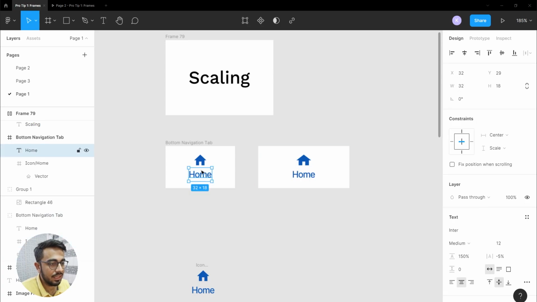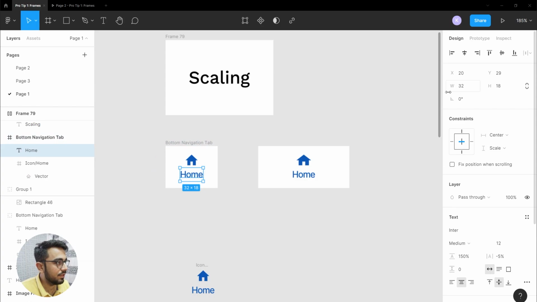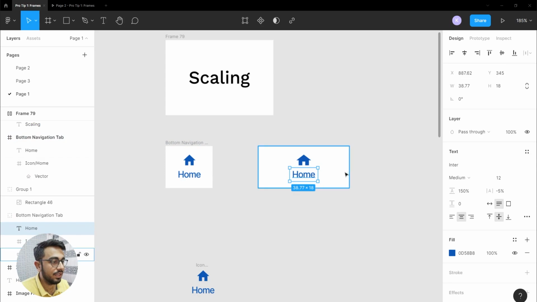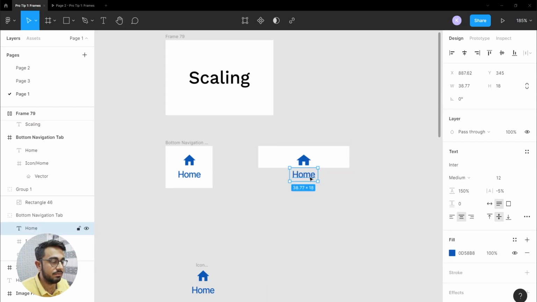Also, one other thing is that whenever you reduce or increase the size of a frame, you can see that whatever the height and width of this element is, it doesn't get altered. All right. So you can see that it isn't getting altered, whereas in a group it is getting altered and it is changing into point values, which is not recommended in design, or whenever we hand it off to developers, it is not recommended. All right. And even if I reduce its height, you will be able to see some weird point decimal values being introduced. Okay. So that is why I would suggest you use a frame instead of a group.